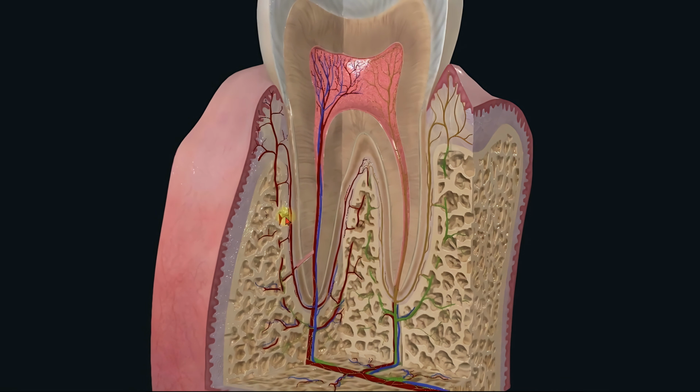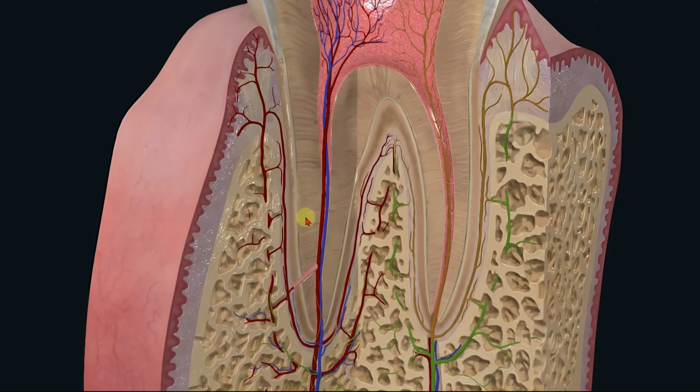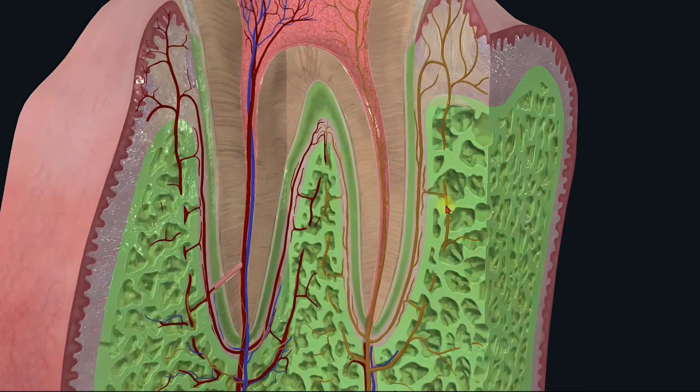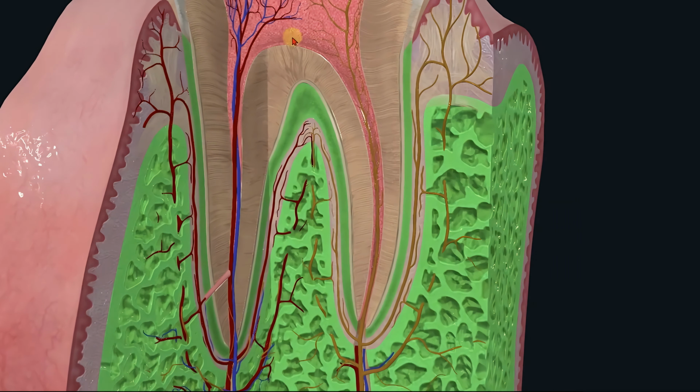Now, let's take a look at what structures hold the tooth in place. Look at this area. Earlier, I mentioned this structure. This is the cementum. And this is the alveolar bone. Let me highlight them both. See, here's the alveolar bone, and this is the cementum. You'll notice that the cementum and the alveolar bone aren't actually in direct contact. Between them, there's this other structure. This white structure right here. The area I'm circling here. That's called the periodontal ligament.